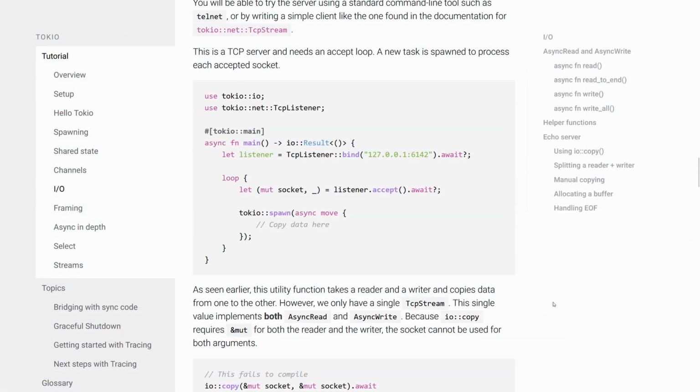This piece of code we've got here is like a skeleton for doing a TCP listener and accepting connections concurrently on Tokio. So you can see we're getting TcpListener, which is a type we're already using from std::net. We're getting it from tokio::net instead. And that means we get access to this await syntax, so we can await the port being bound, we can await the next connection to arrive, and then when we do get a new connection, so a new client connecting to our server, we can use this tokio::spawn to launch a new task on Tokio, which